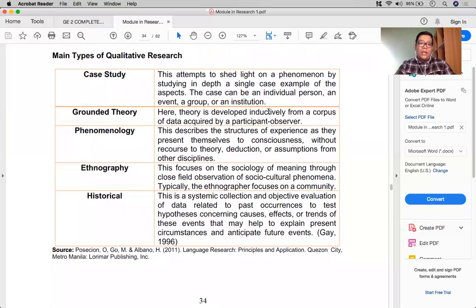Okay. Next, we have ethnography. This focuses on the sociology of meaning through close field observation of socio-cultural phenomena. Typically, the ethnographer focuses on a community. In an ethnographic study, what you will do is really immerse yourself in the community. You have to be familiar with the activities done by the people within that community, study their patterns of behavior,